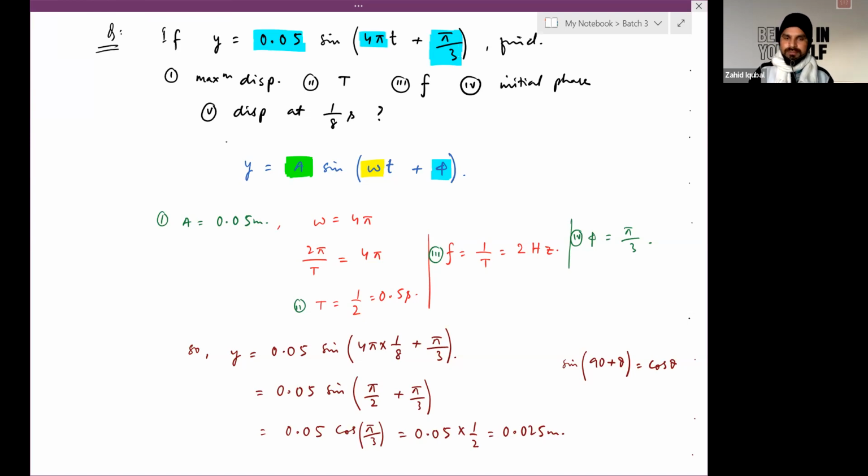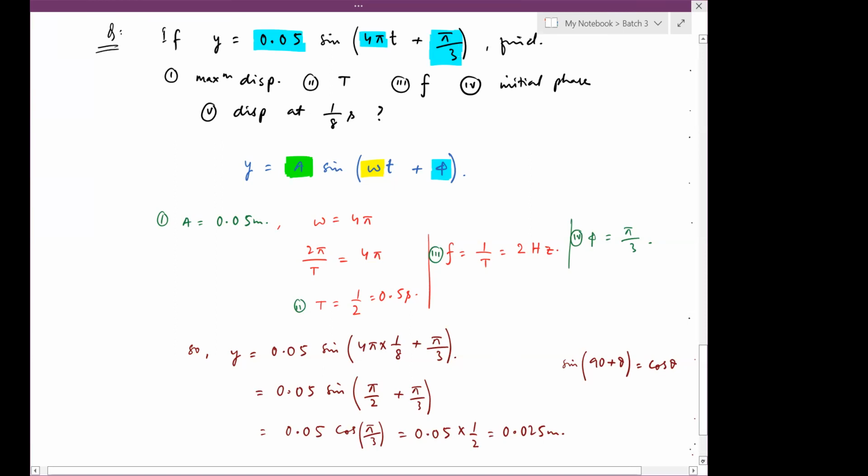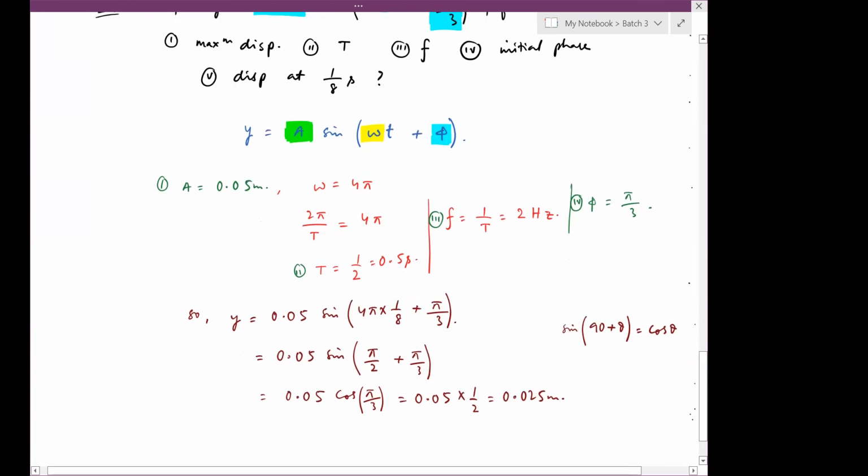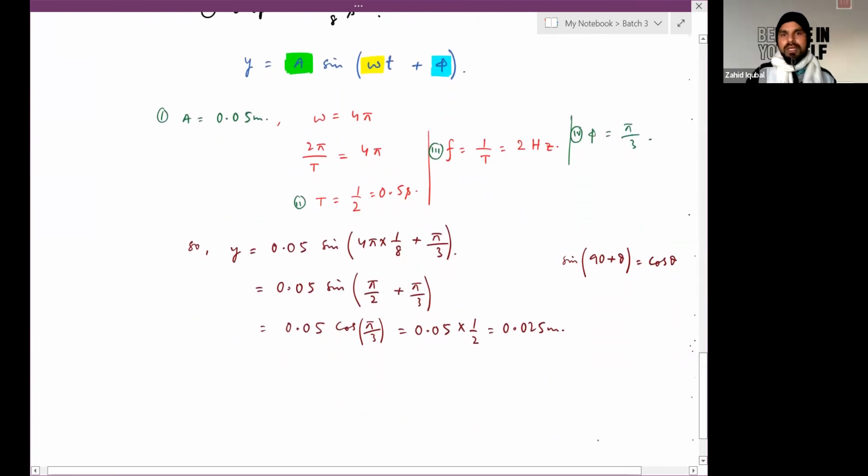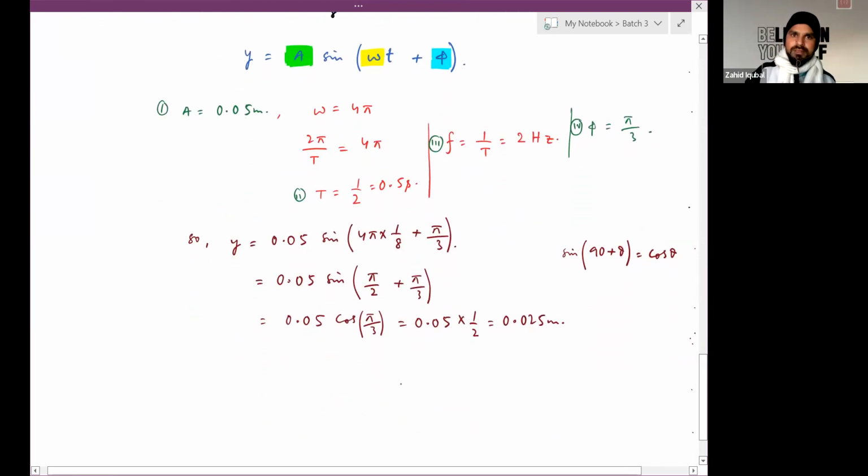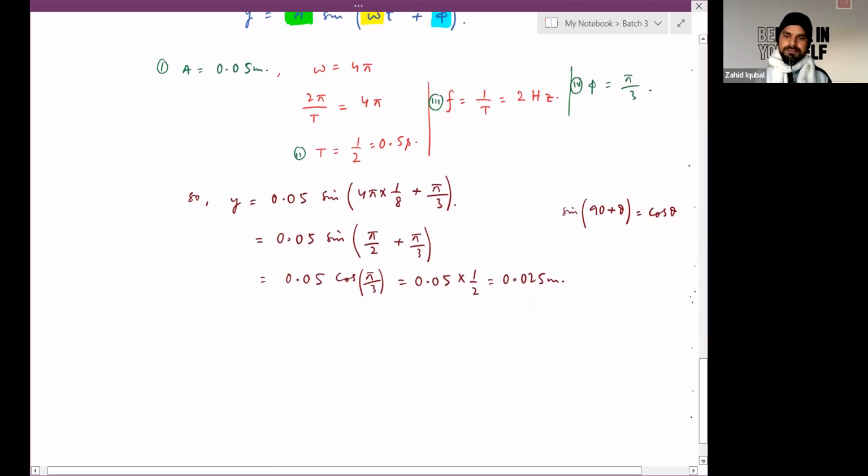Aisha, any doubt? Abhinav, done? Yes, sir. Okay. So this is how to calculate displacement and its various other parameters related to this equation. Next is